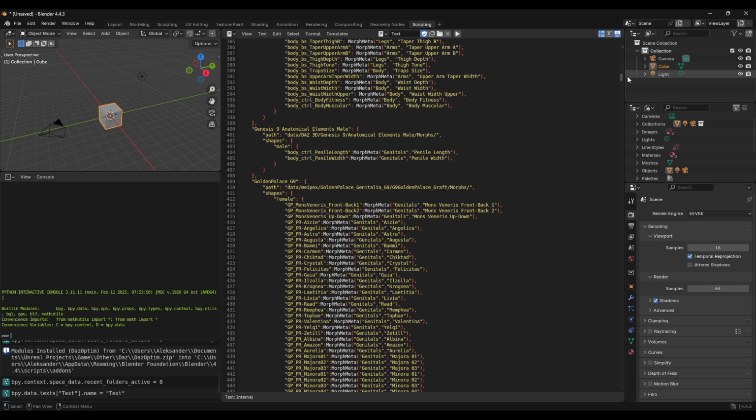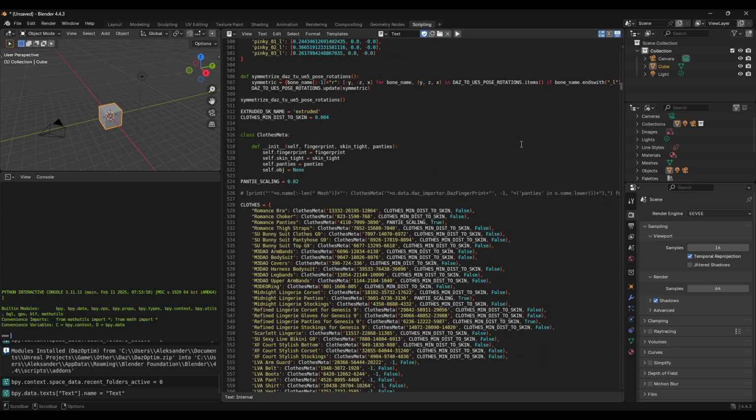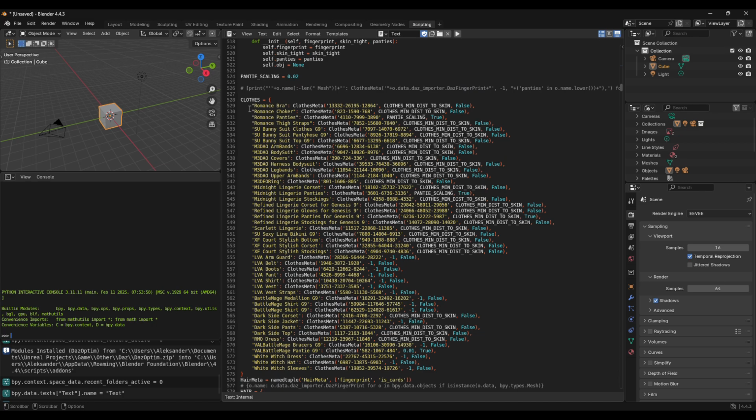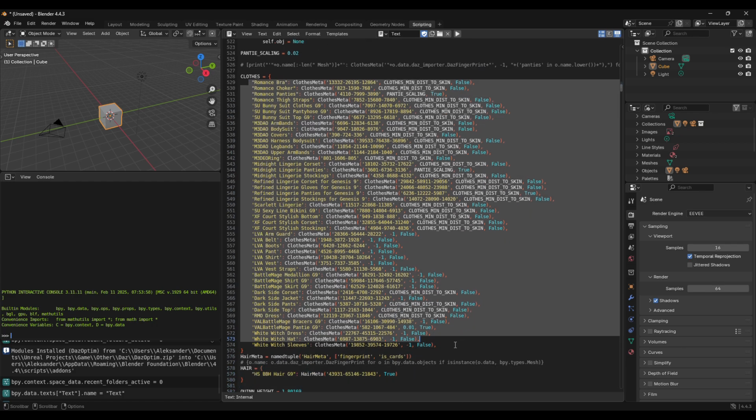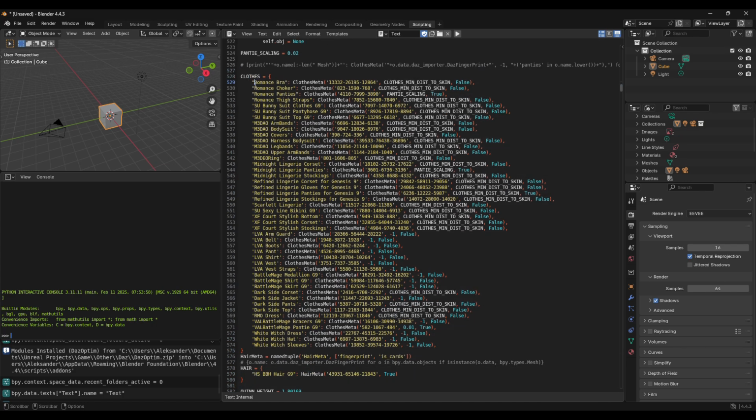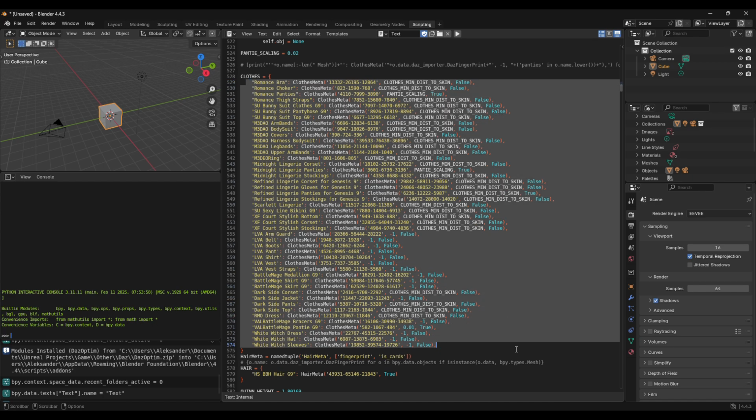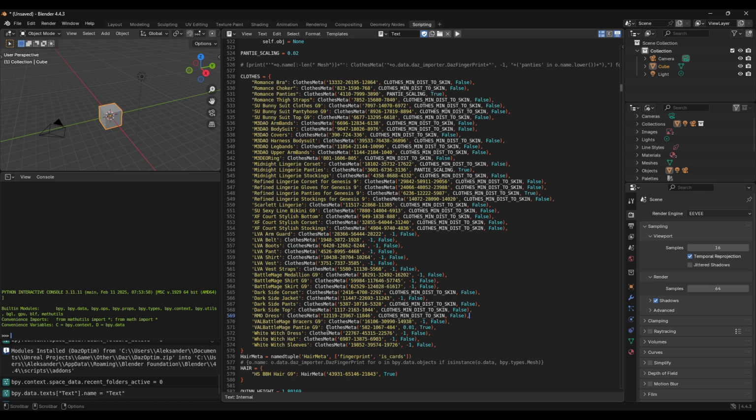So you can add your own shape keys here in the source code, and also if you have some custom clothes, you can also add them here. I already added some basic list here, but if you have any clothes that are not on this list already, then you might want to add them here as well, because the way this plugin works is that it needs to know what